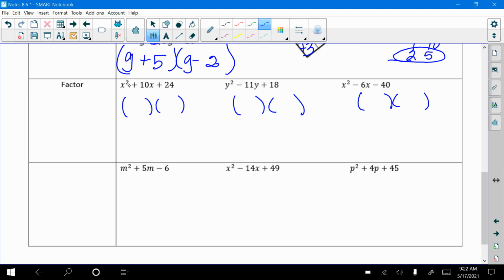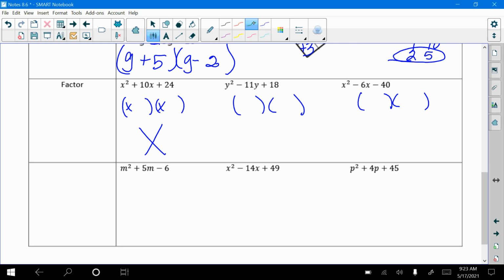Now, some of them start with like a 4, but I could do 2 and 2, and then I could possibly break it down more. Right now, we're just working with quadratics. So I know this is x, and x factors of 24 that add up to 10. Same signs, both positive. Now, I just said a whole lot of information. But if we break it down and we do it little by little,